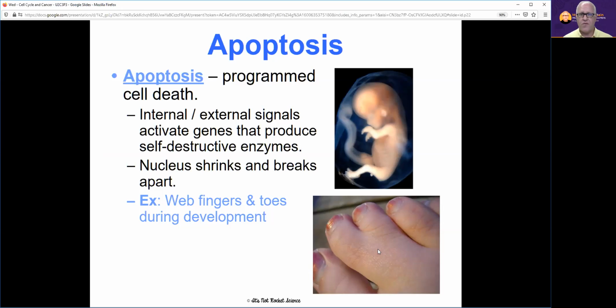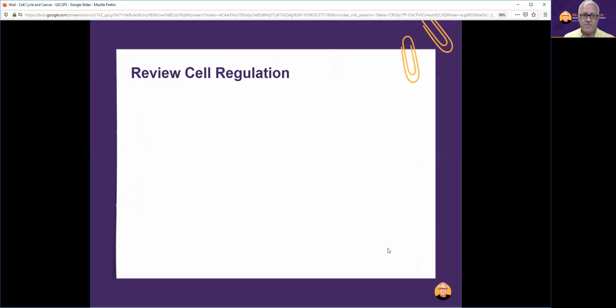Remember, we're not all perfect. Okay? Things don't work all the time. And sometimes when a cell knows it's not supposed to survive, it knows to die off and let other cells start to take over the job.